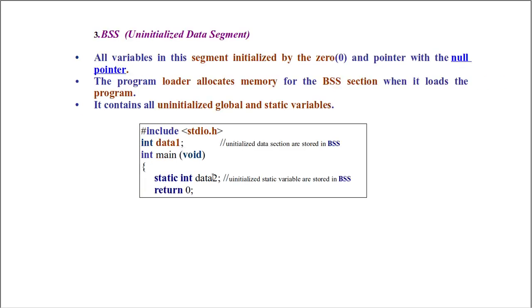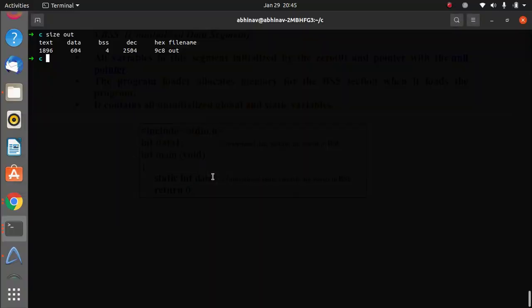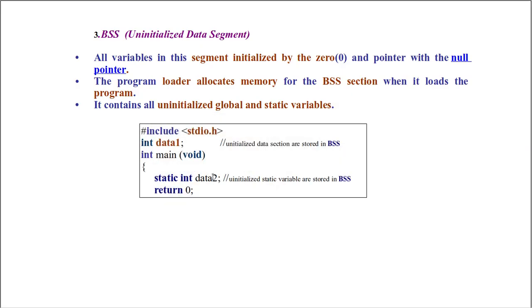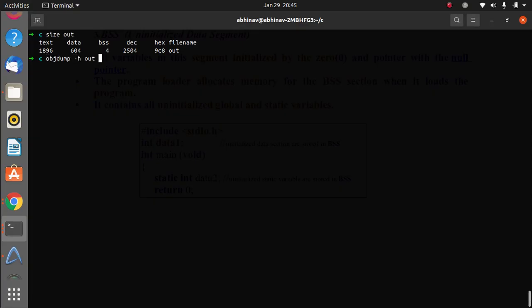Similarly, if we are talking about BSS data, BSS means uninitialized data segment. All the variables in this segment are initialized to 0. By default, if we are not initializing them to any value, they will take a value of 0. For example, all global variables which are not initialized are stored in,